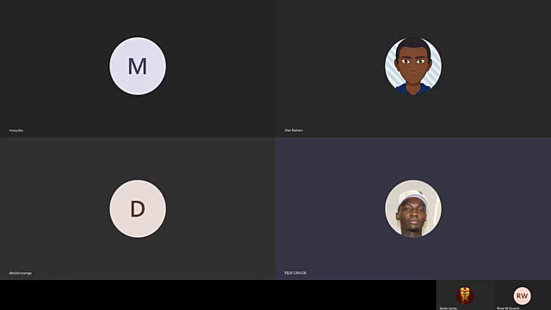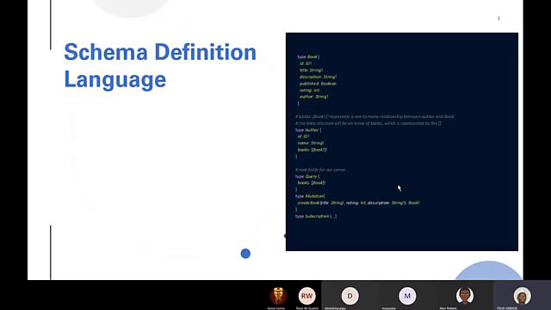So the fundamental construct of GraphQL is that it must have its own type. It has its own type system that is used to define the schema of an API. Now, the syntax of writing a schema is what we call the schema definition language. And if you take a look at this example,